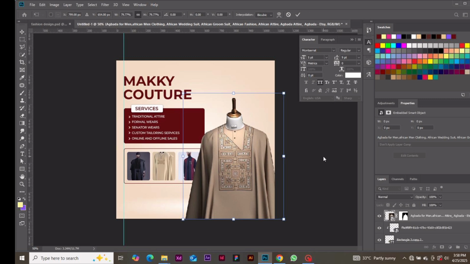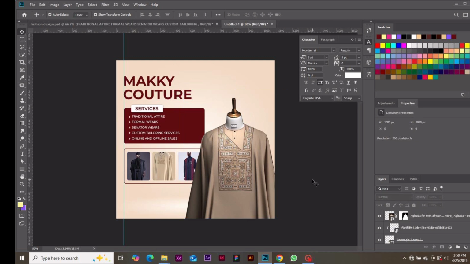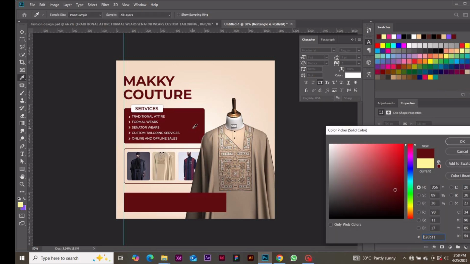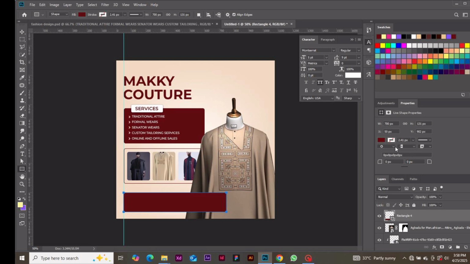And the next thing we can do is to let's put in our last text before we bring in our last picture. So to do that, we're going to click on our shape tool and take our rectangle. We're going to draw out a shape. Let's put in the size, the width and height of the rectangle. So we click and we type 700 by 131. Click enter, and then we'll sample the color of the other rectangle. Okay, we change the corner radius to 12 pixels. Click enter,